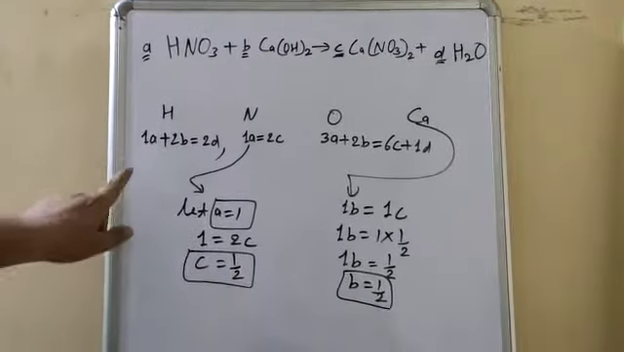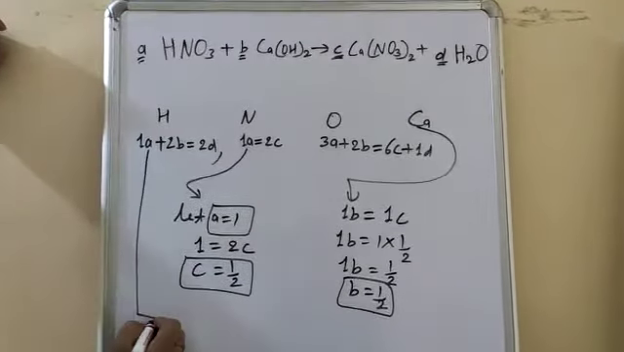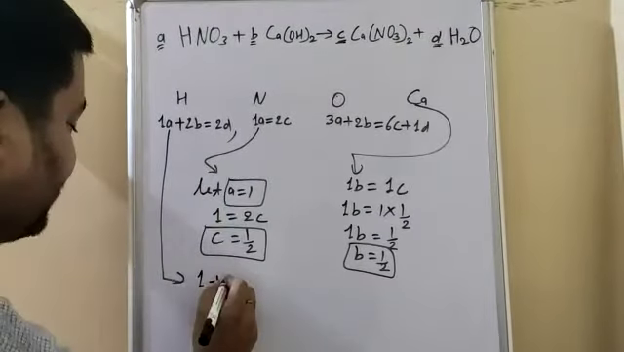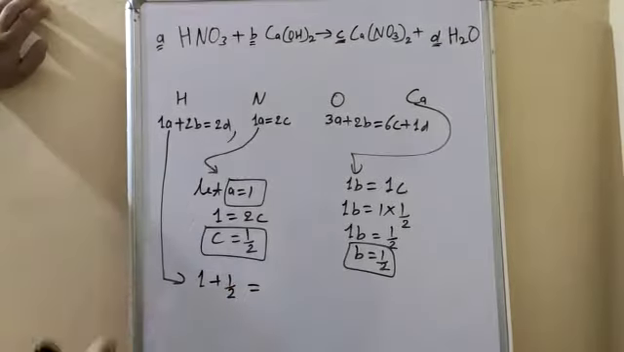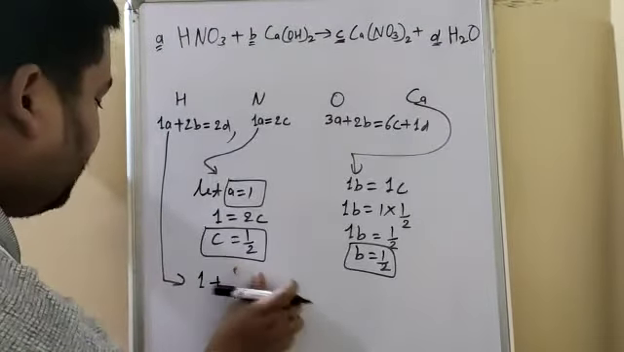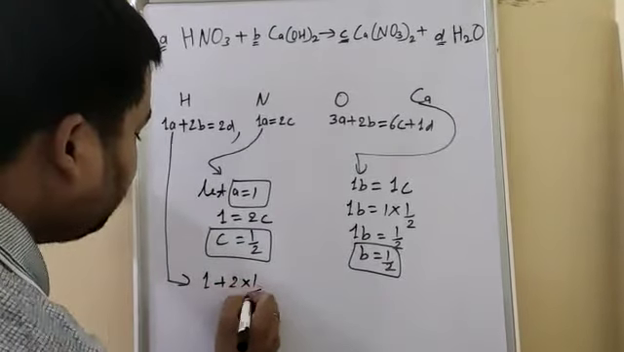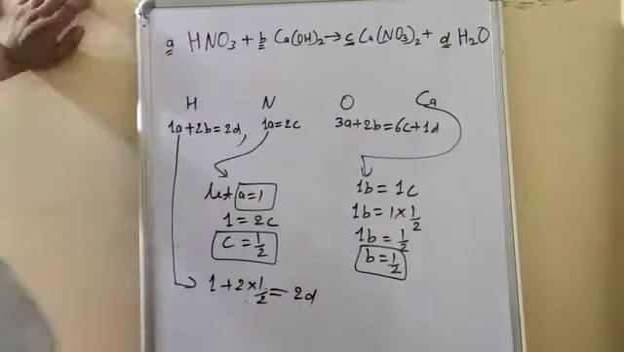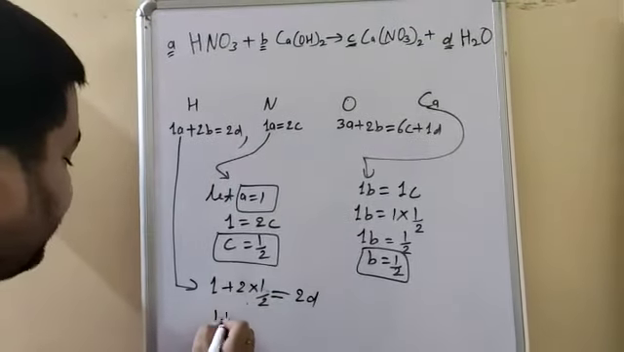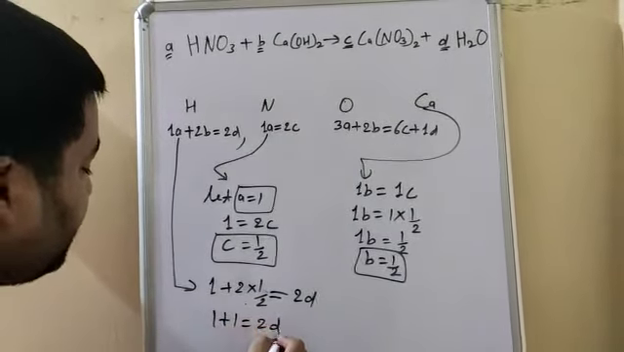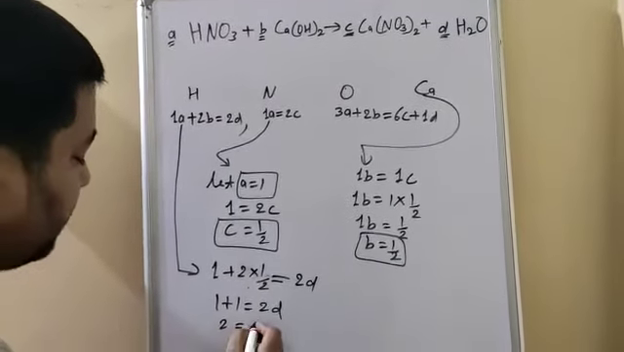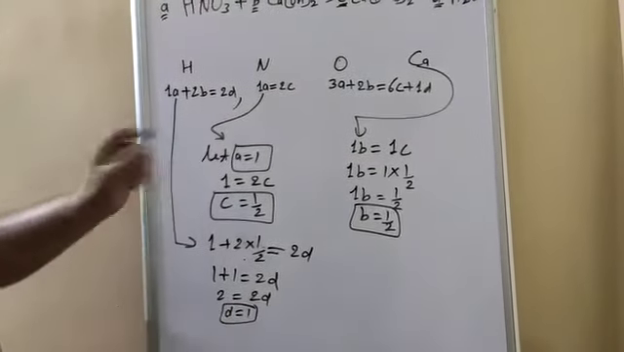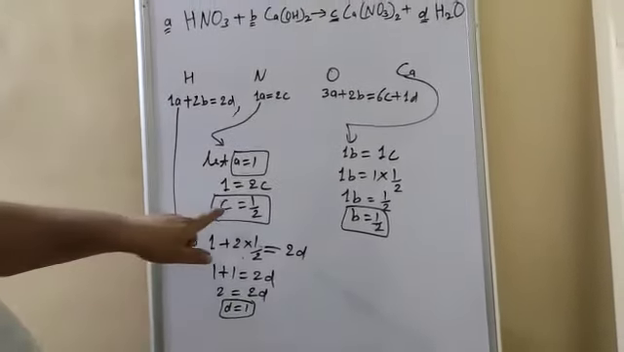Now we'll find D. So use this equation. A is 1, so 1. B is equal to half, so plus half into 2, 2B, so 2 into half equal to 2D. 2 cancel, so 1 plus 1 equal to 2D. So 2 equal to 2D and then D is equal to 1. So A is equal to 1, D is equal to 1, C is equal to half and B is